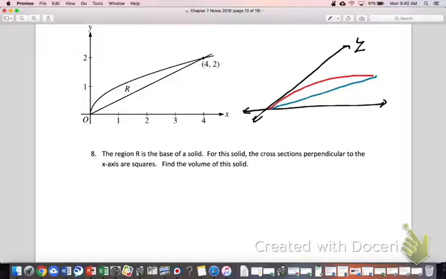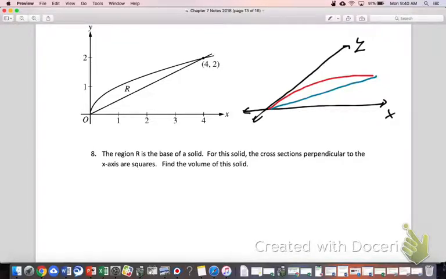Does that make sense visually? Like the y-axis, we're trying to make it look like the y-axis is going somewhere off into the distance. Make sense? Good. Okay, so then